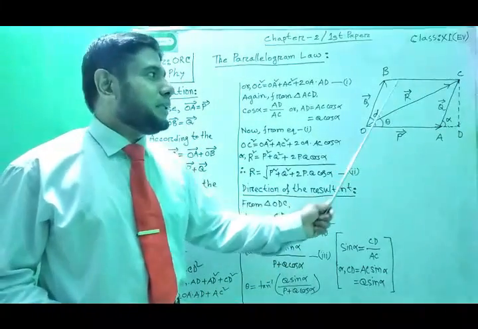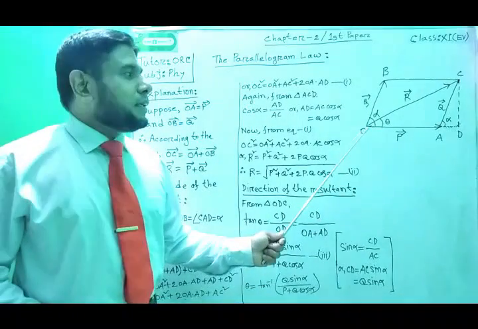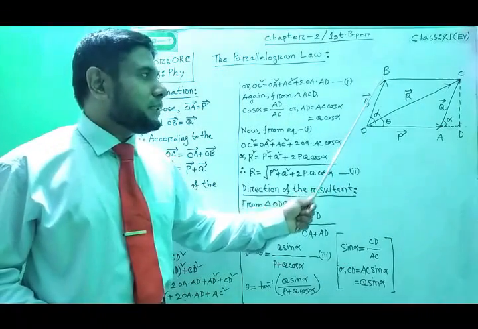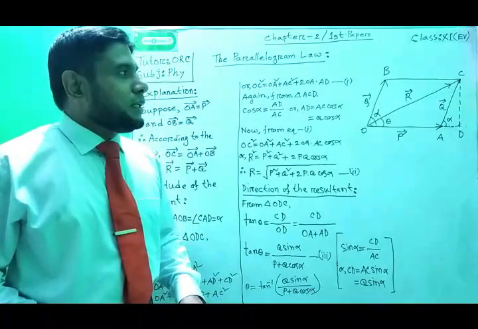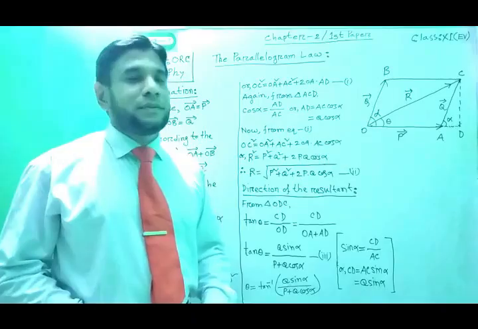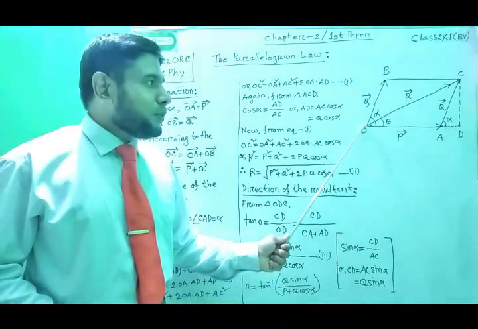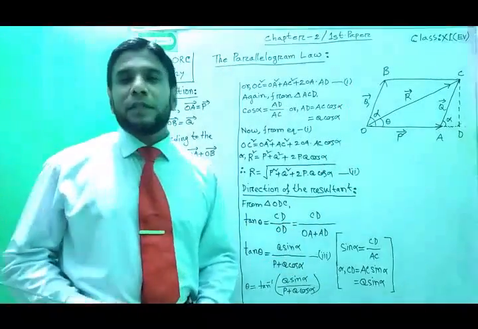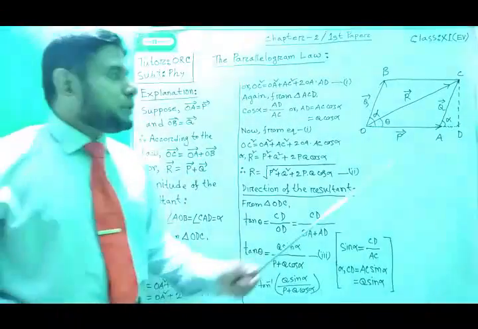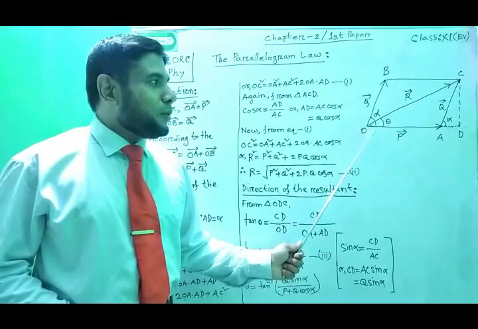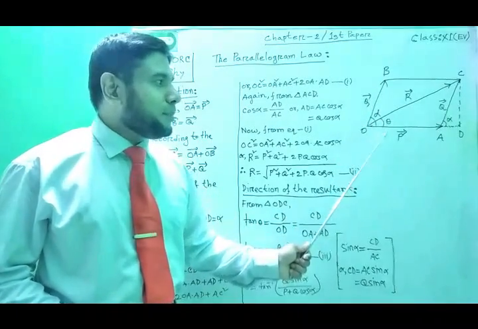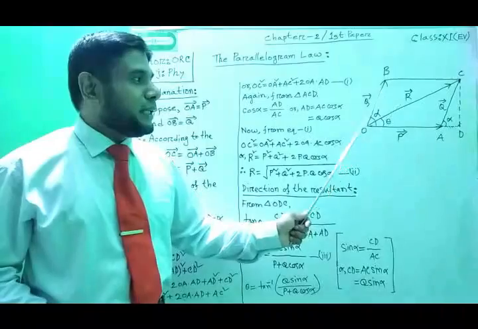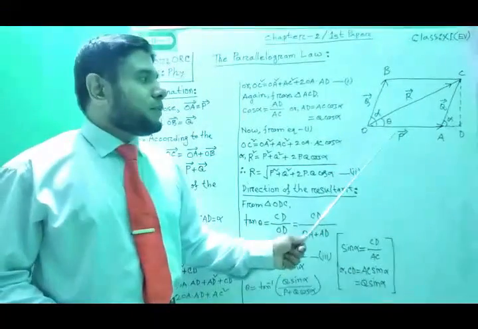Here OACB is a parallelogram, and along side OA acts vector P, and along side OB acts vector Q. So, according to the definition of the parallelogram law, the diagonal from point O, here OC, will indicate the addition of vector P and vector Q. First you will submit the knowledge type answer, the parallelogram law: if two similar vectors act from a particular point along two adjacent sides of a parallelogram in both magnitude and direction, then the diagonal from that particular point will indicate the addition or the resultant of those two vectors.